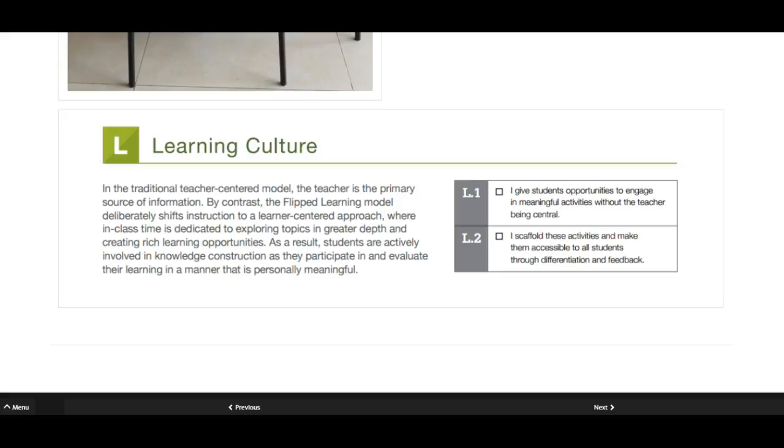Did you notice how I said language construction instead of knowledge? Pun intended there. So as you can see, the learning culture pillar invites us to create more fertile learning spaces, as Lane Marshall calls them. And for doing that, we are supposed to give students opportunities to engage in meaningful activities without the teacher being central.